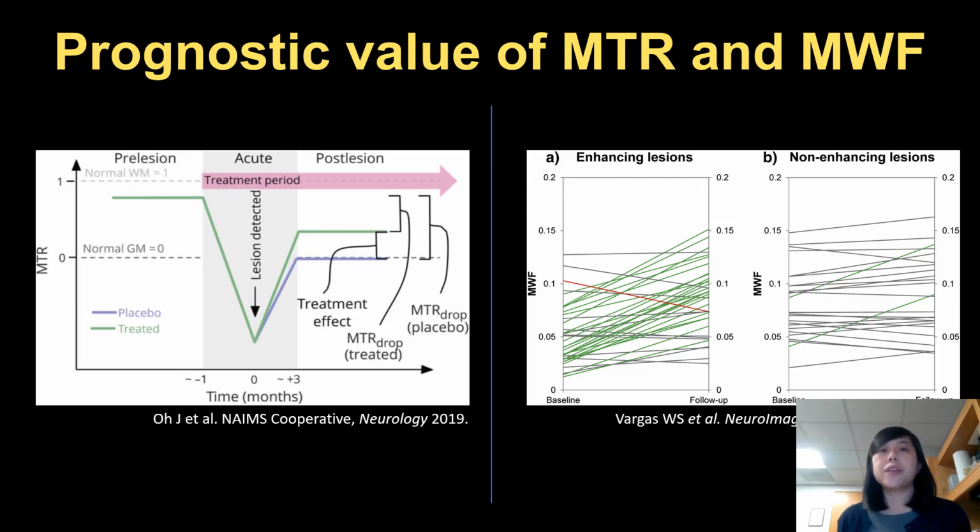The differential effects on MTR recovery in acute lesions have been demonstrated as well for specific therapies, suggesting variations in remyelination capacity. Similarly, myelin water fraction has been studied as a surrogate of myelin content, and has been shown to increase over 6 months following the appearance of enhancing lesions, as would be expected in repairing tissue. And so this brings me to